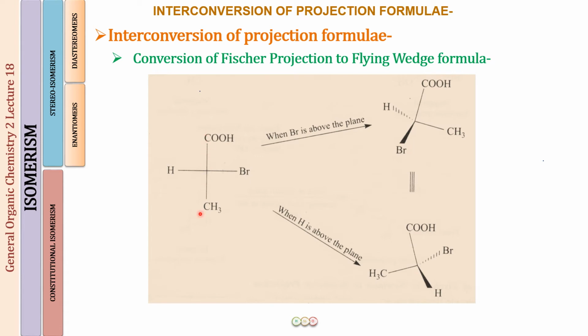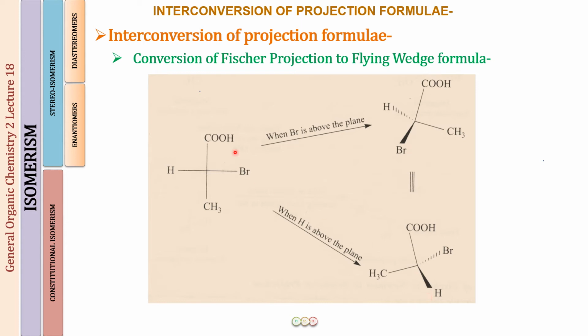Now they are going to be in the plane of paper. When you're going to make them in the plane of paper, you're going to represent it this way, with 2 simple lines making an angle with each other like a V, you can say. Fine. And now this V is opening towards the right side. And here we can also have a possibility that we open this V towards the left side. When this is opening towards the right side, the groups, the hydrogen and bromine, which were on the horizontal line, will be on the left side. And when you open this towards the left side, the groups will be coming up on the right side. Okay, so that is how the difference is.